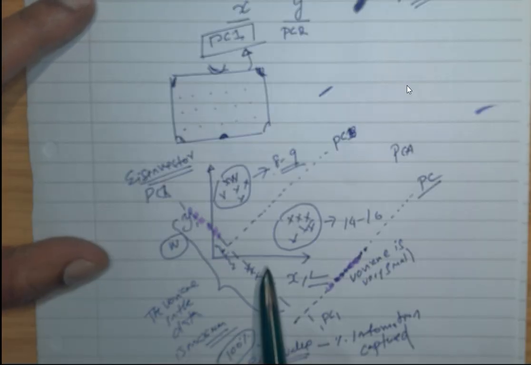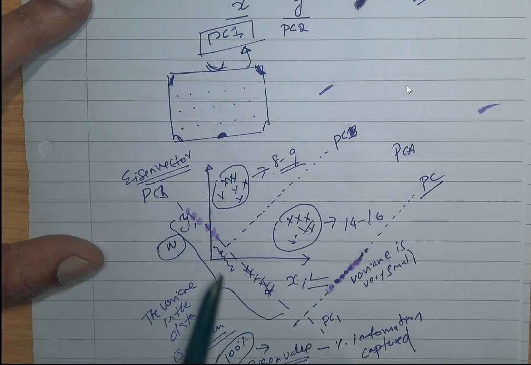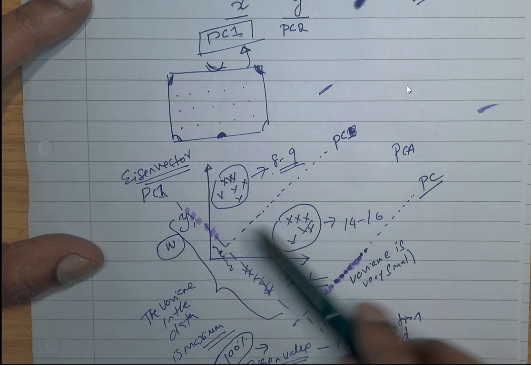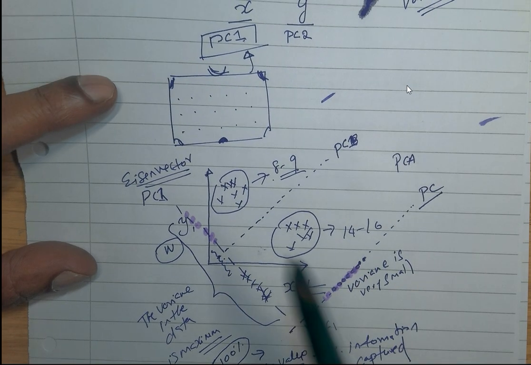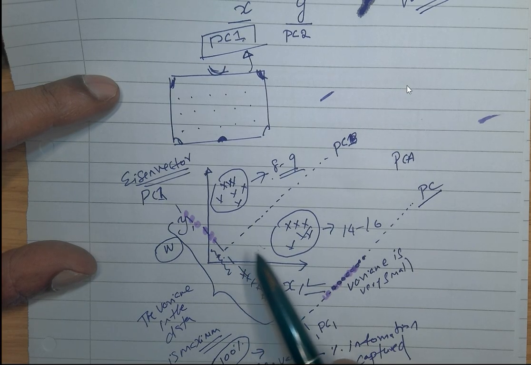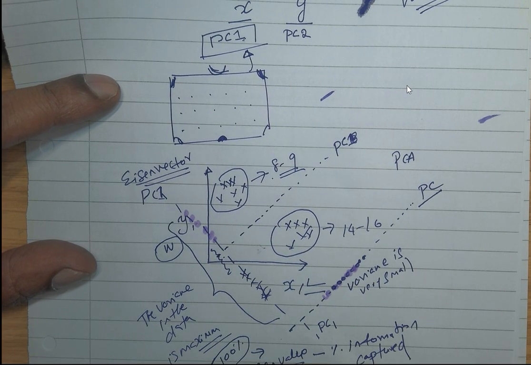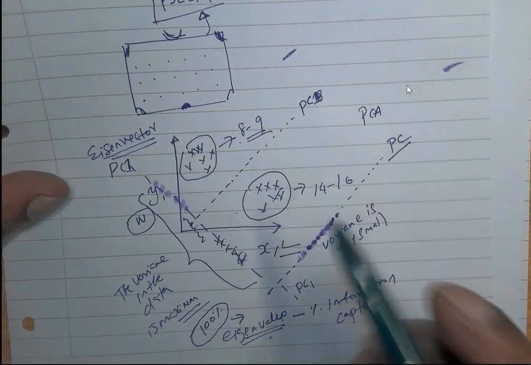If you have two variables, and then if we have two categories, we have to find that vector, typically called a principal component, and then we have to project this data onto that particular vector. And then we have to see whether there is a clear separation, or if there is a clear separation, that means it carries all the information that we need. So that's the meaning of that. So